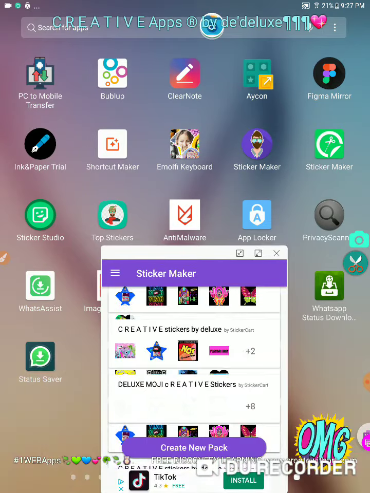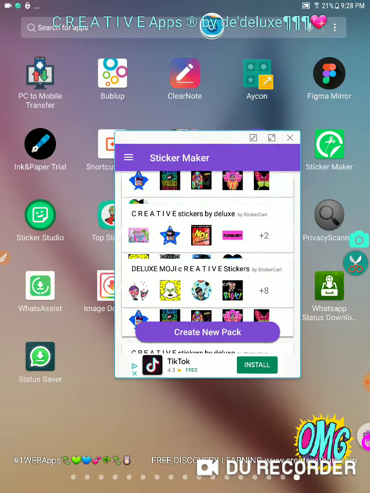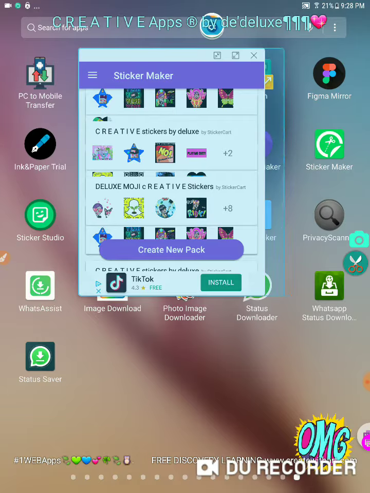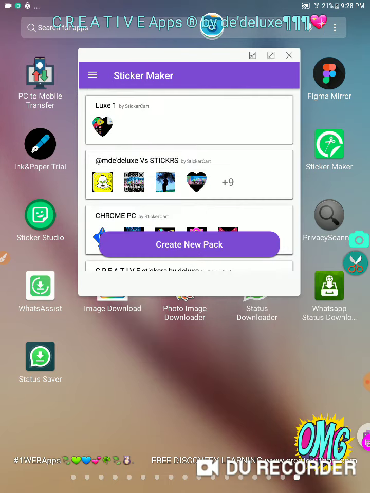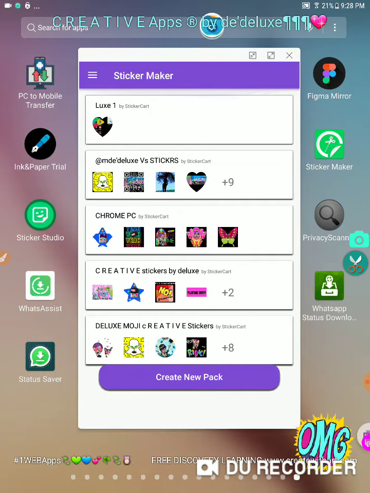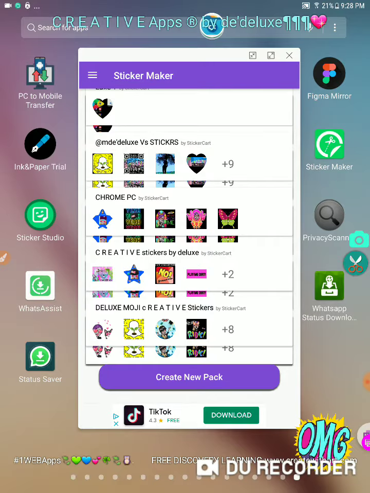Wait, let's go back. I want to save my stickers, right? But basically, I've already shared them to my WhatsApp accounts, but I don't just want to send them to WhatsApp people. I want to send them to whoever I want to send them to, right? So, you know, what you do is you just click on a sticker pack,